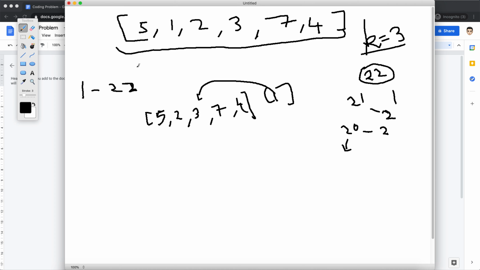Instead of creating three partitions and then trying to fit in different values to see what's the maximum sum I can reach, I'm doing it in the reverse way. I keep a sum for myself and then I check how many partitions I am able to make in order to reach that sum.